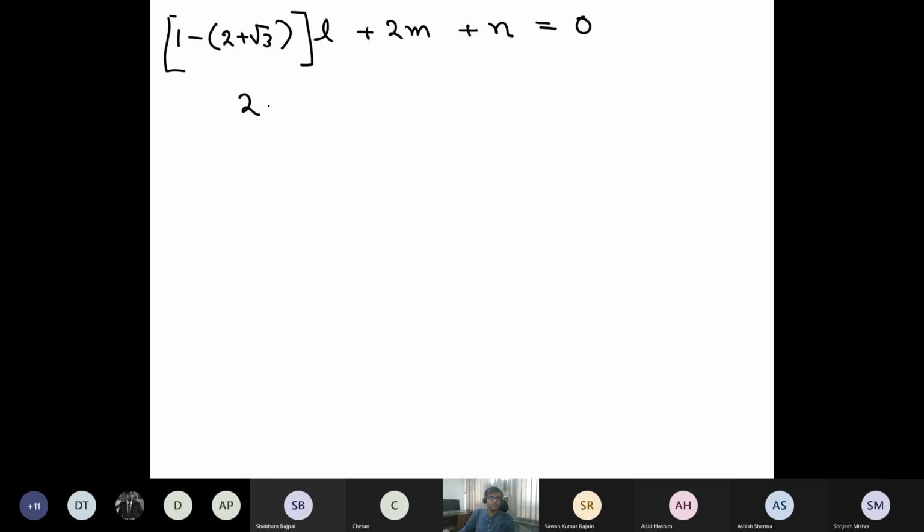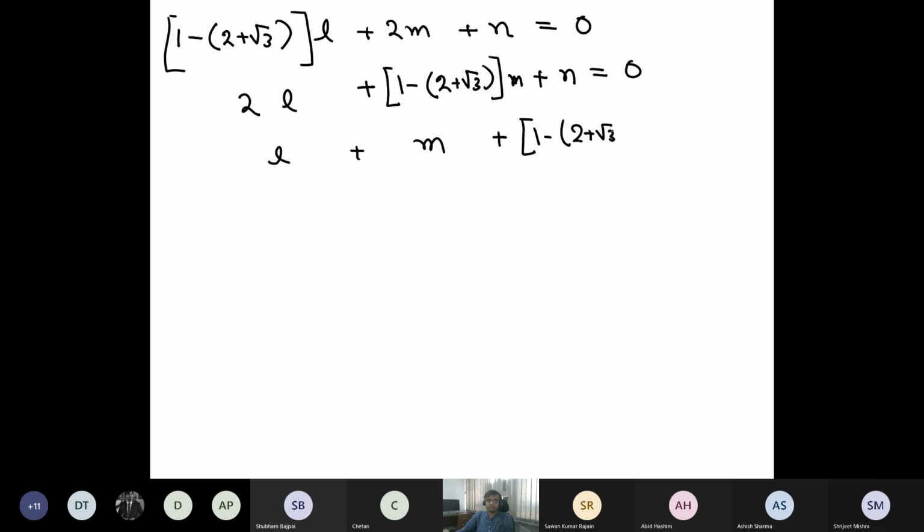Then I have 2L plus 1 minus 2 plus root 3 M plus N is equal to 0. And the last one is L plus M plus 1 minus 2 plus root 3 N equal to 0. Now we already know that the determinant of this matrix is equal to 0, because that's